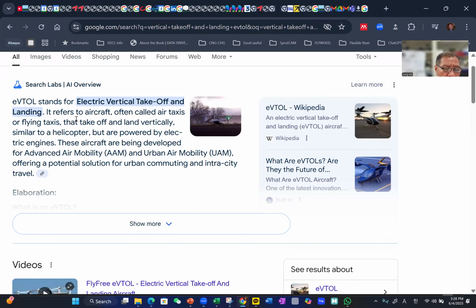And it refers to, actually, it's not just for the drone-like eVTOL. This technology has been successfully developed for other airplanes as well. So it refers to aircraft often called air taxis or flying taxis, something like a helicopter. Why do we need this vertical takeoff and landing? What will be the advantages? Vertical takeoff and landing. Well,